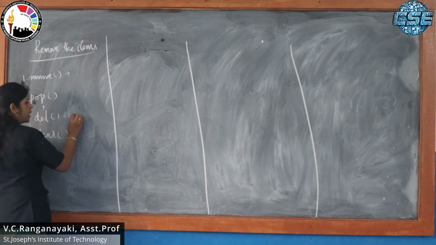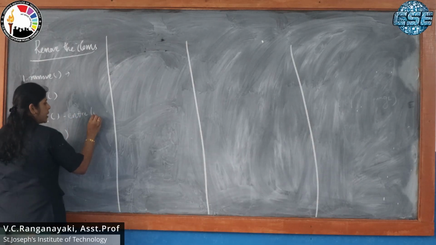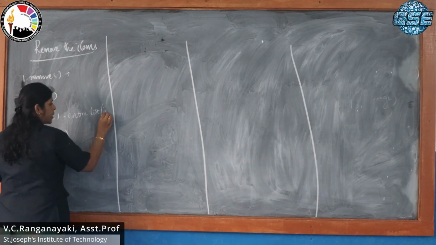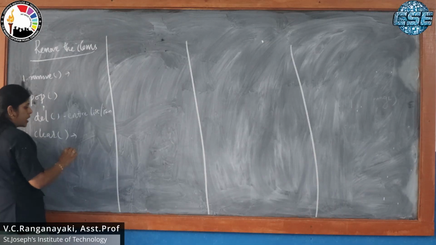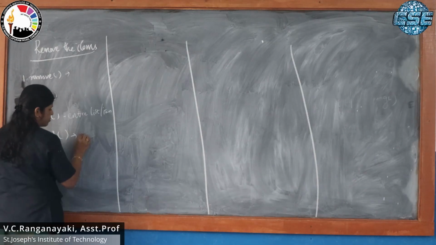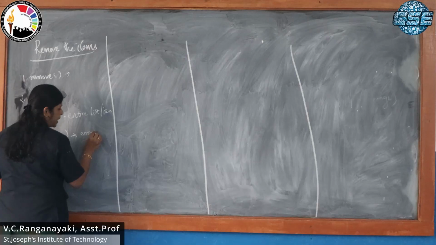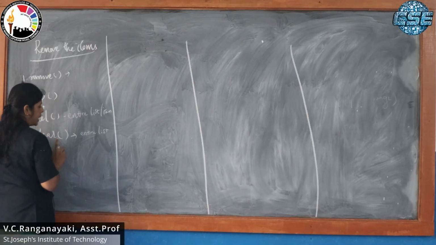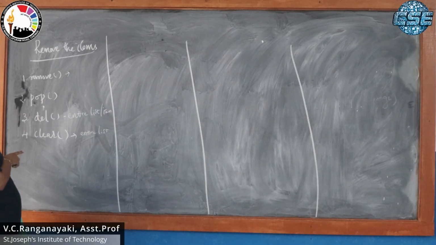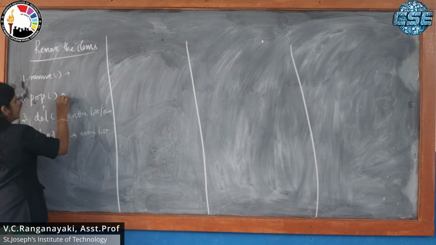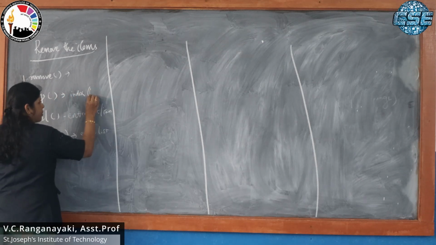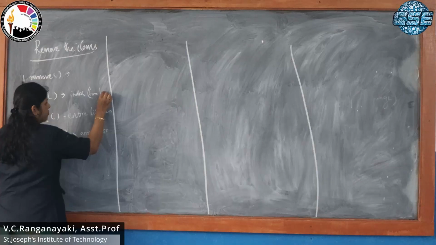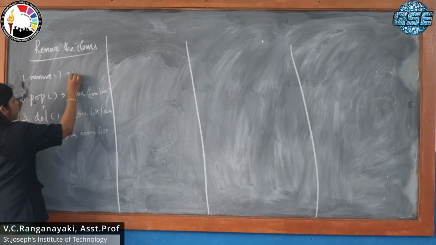Okay, entire list also we can delete, or particular item. By using this clear function, clear all the items. Entire list we are deleting with the help of this clear function. Okay, so pop index with the help of index, and from last. Okay, remove an item,